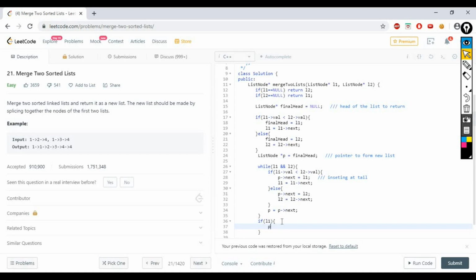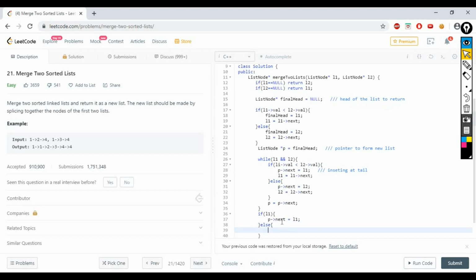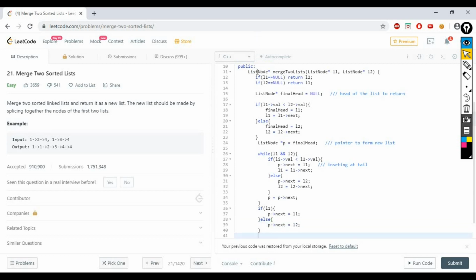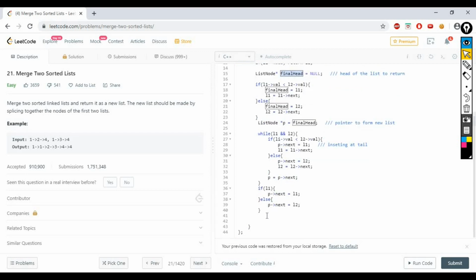So in that case, P arrow next, final tail arrow next will be L1, and in the else part, or you can write else if L2 exists, then you can write P arrow next is L2. And finally we have to return list node star, so we have to return our final head. So let's return our final head.